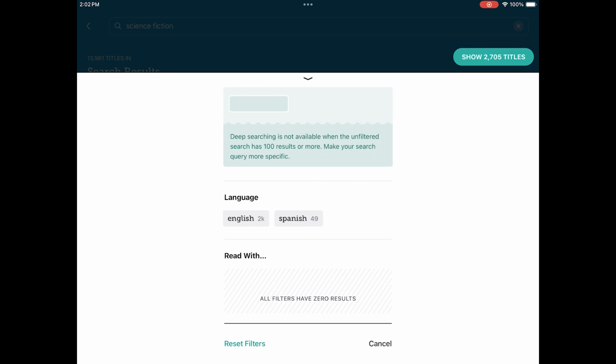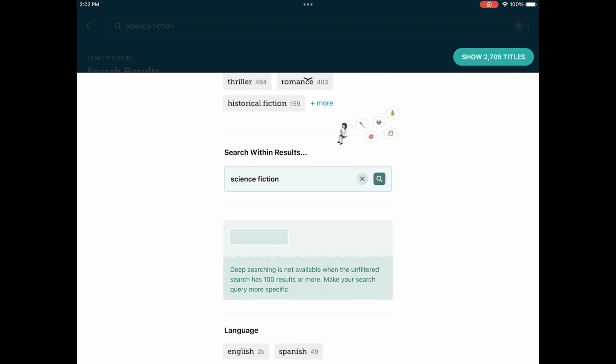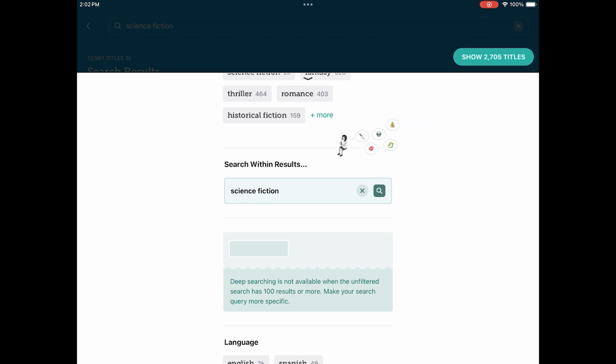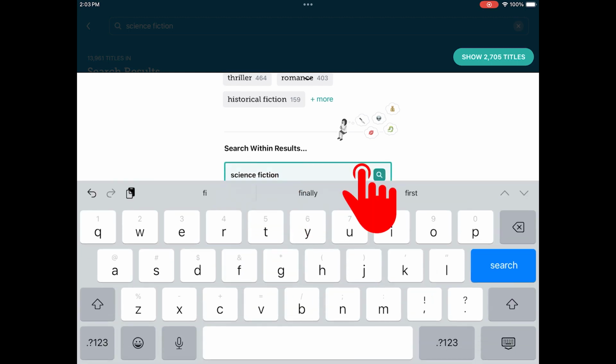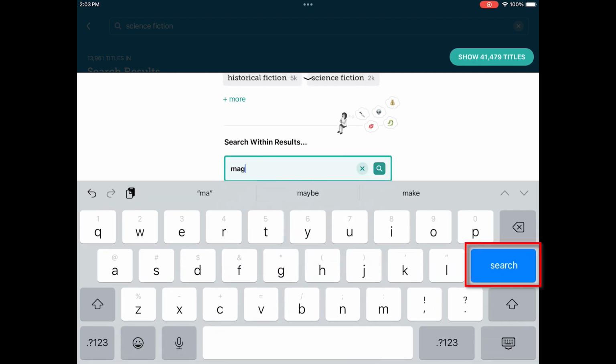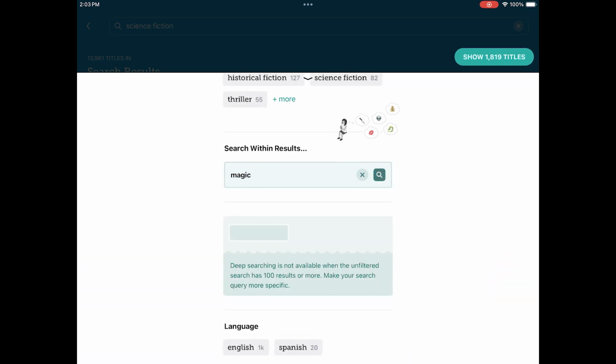Or I can do another search within the current search results using this Search Within Results search box. So I've already searched for science fiction titles, and that's what we're seeing now. But maybe I am really looking for books that are about magic rather than space travel. I can tap this little search box, clear out the current search, and I'll just type in my new word,